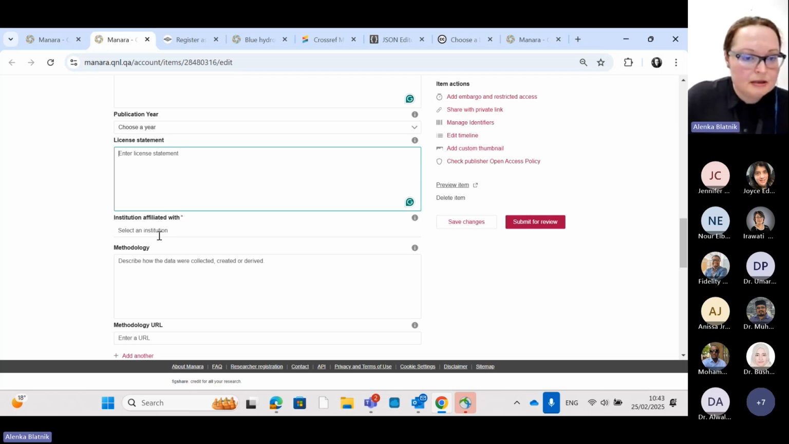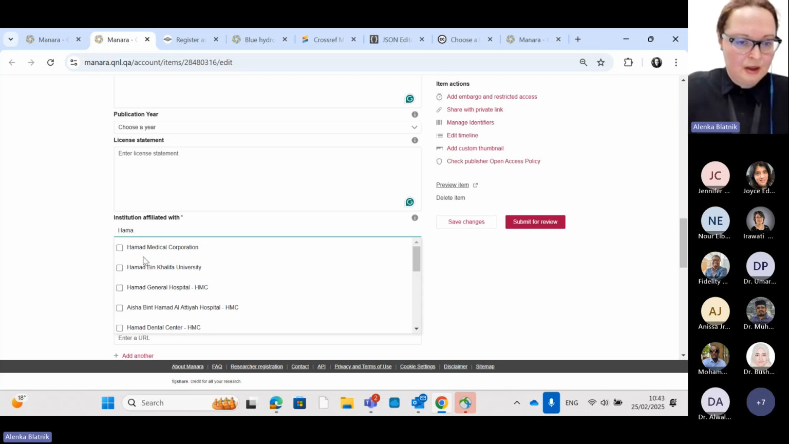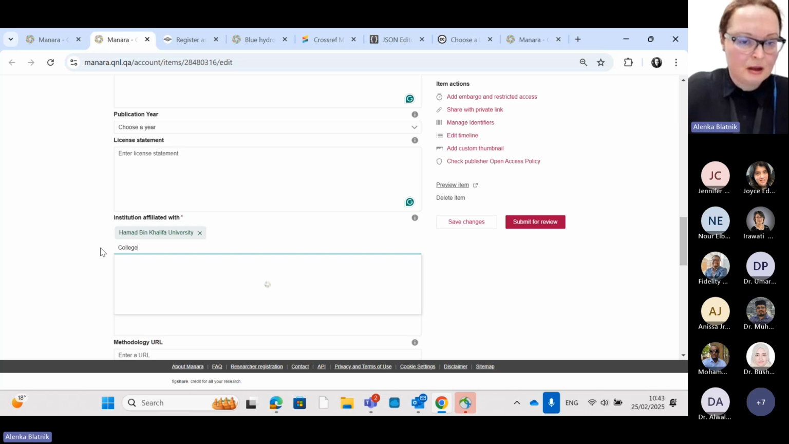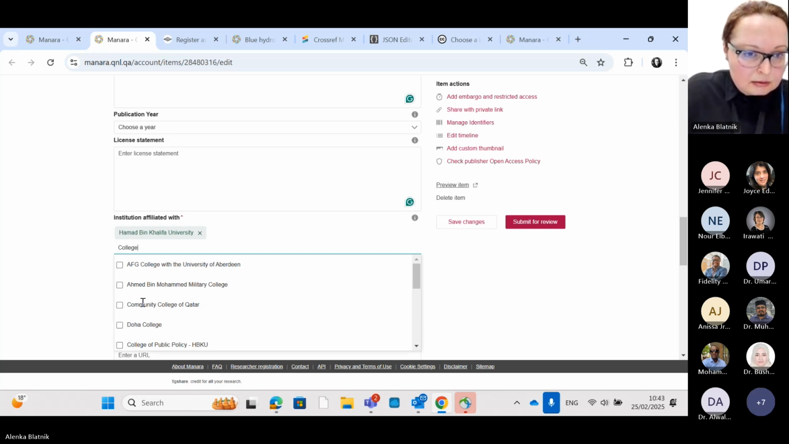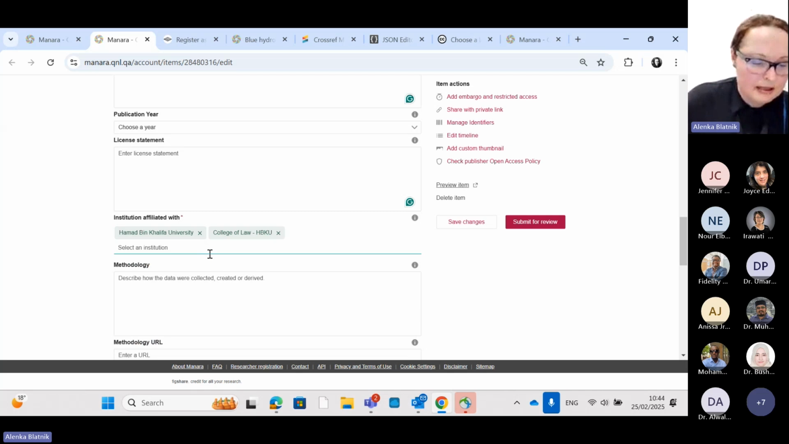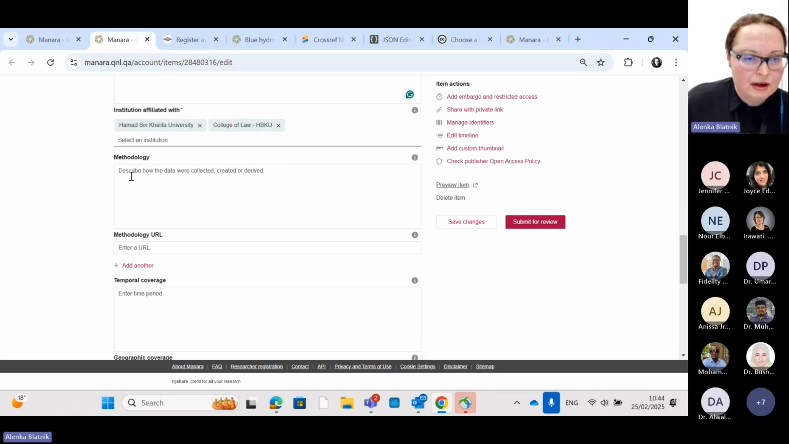Now, in the institution affiliated with field, here is the place where you define which institution you are from. So you would usually enter Hamad bin Khalifa University and college, the College of Law, or Qatar Biomedical Institute. And then the other fields, you can enter